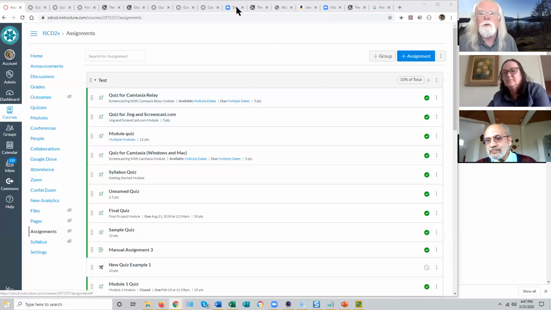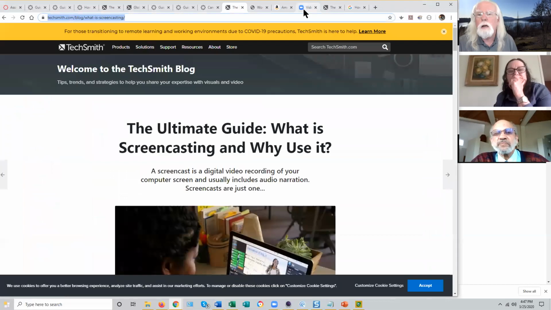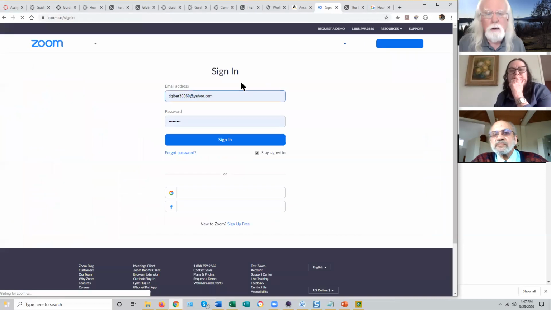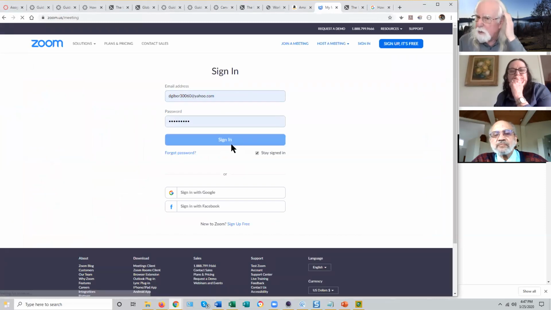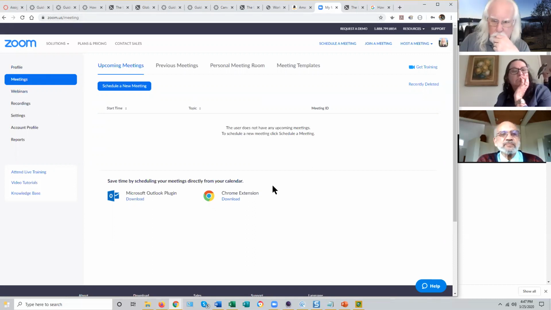Let me go into Zoom to show you what I mean. That's not where I want to be. That's more like it. Let me sign in with my Confer Zoom credentials that I was provided with by Confer Zoom. This is a Confer Zoom account, but I can manage it just at the regular Zoom website at zoom.us. Confer Zoom accounts are just Zoom accounts paid for by the State Chancellor's Office. So I go into my Zoom account screens,